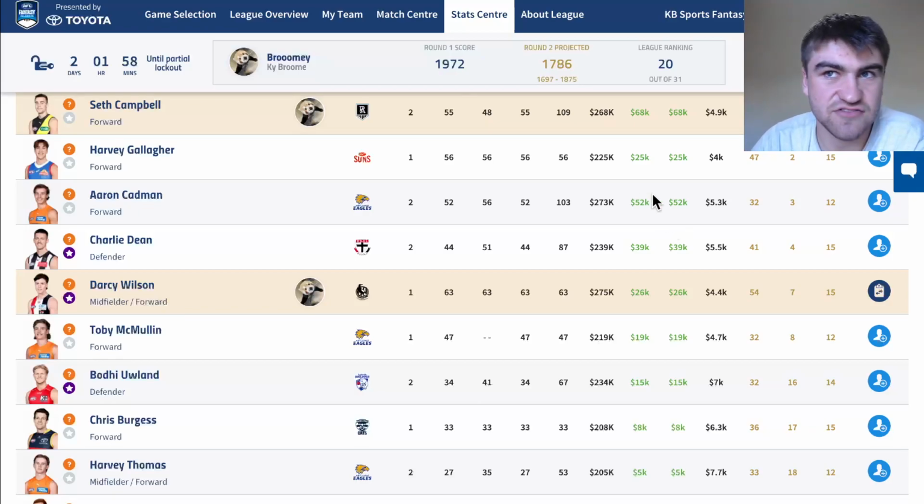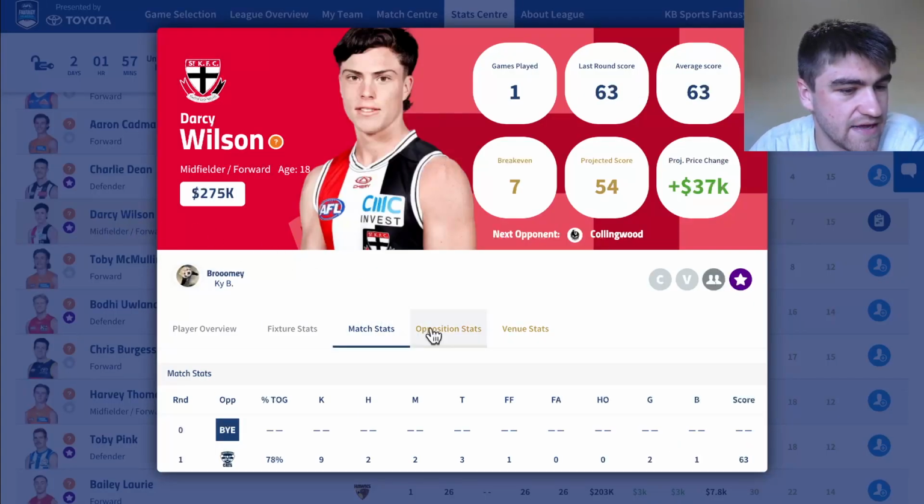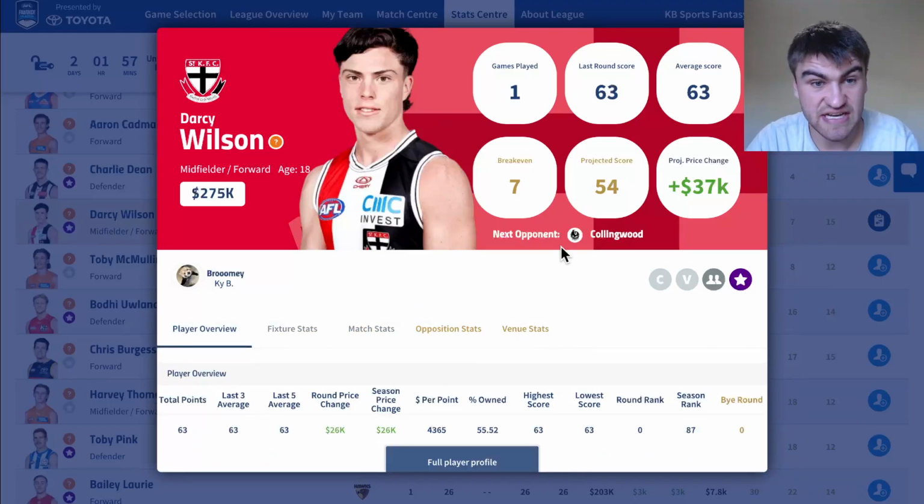We're not going to get that out of Charlie Dean. We're going to get more of those 20k long-term investments type of growth. Next one, Darcy Wilson. I think a lot of people have him in their side. He's 55% owned. He looks like a jet, another one of those wingers that's going to debut, and sort of